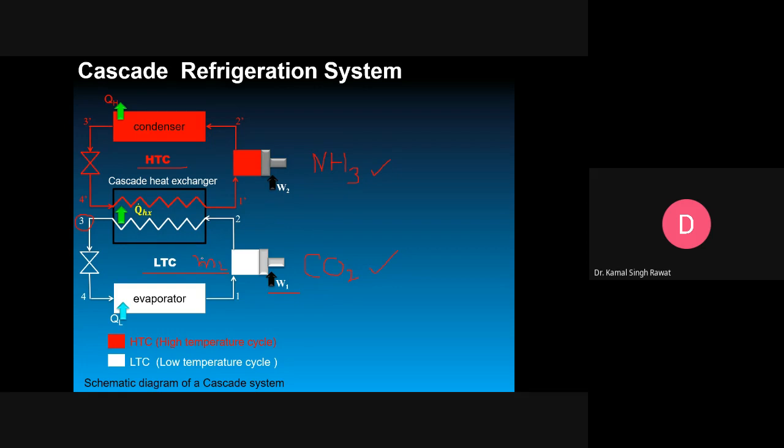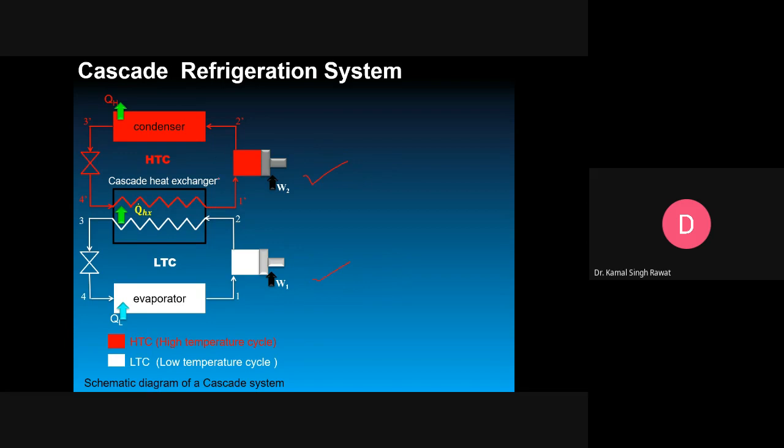So in the lower temperature circuit, M dot L is the refrigerant flow rate, and in the higher temperature circuit, it is M dot H. So the subscript H is for the higher temperature circuit and L is for the lower temperature circuit. Okay. So now we have understood this is the cascade heat exchanger in which we coupled two different single stage systems, and these two systems have different refrigerants also.